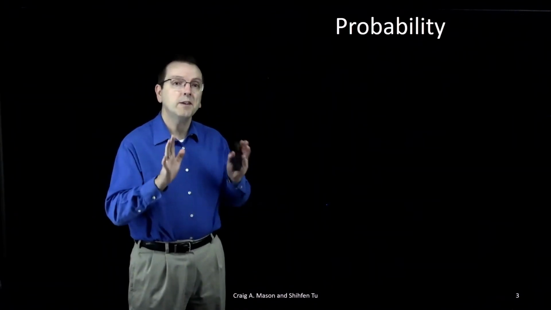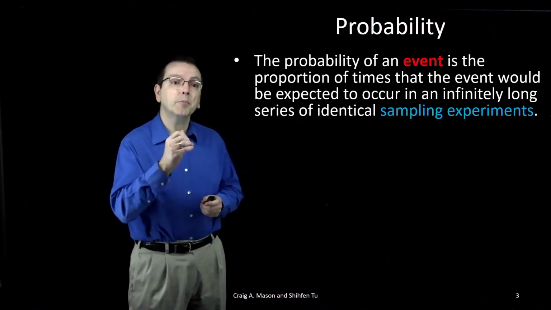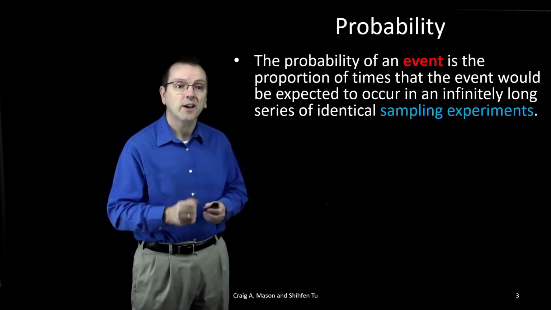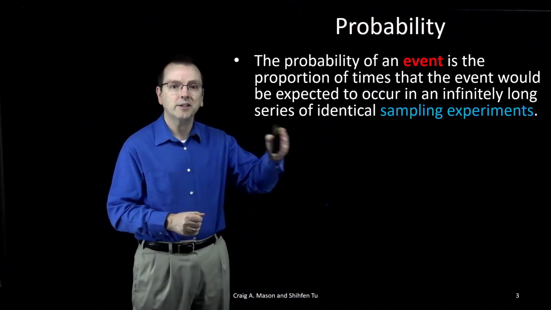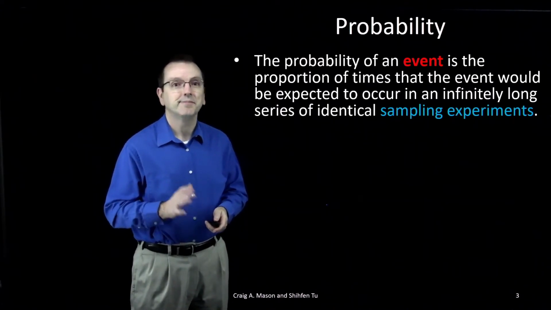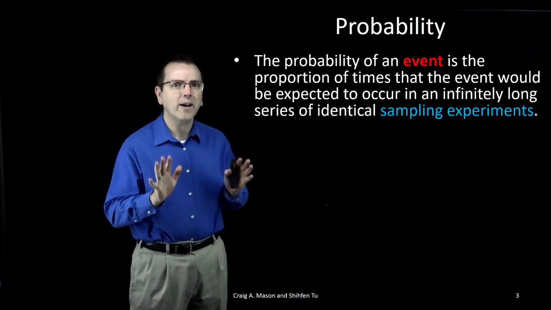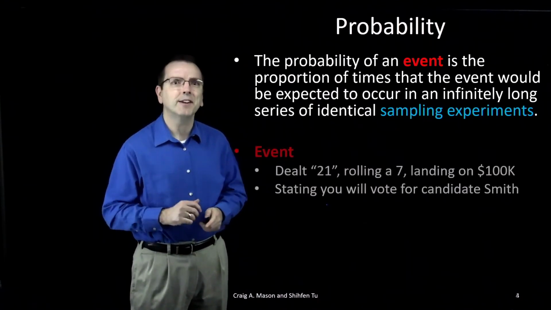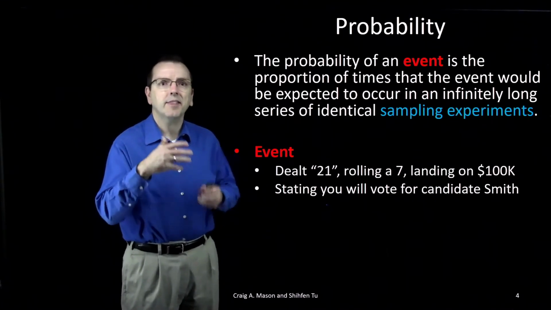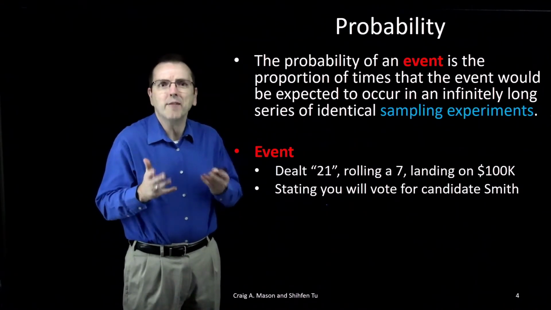Now, one definition is that the probability of an event is the proportion of times that the event would be expected to occur in an infinitely long series of identical sampling experiments. Now, the highlighted words here may require a little further definition. By event, we mean the thing that occurs in which you're interested in, whatever it is you want to know